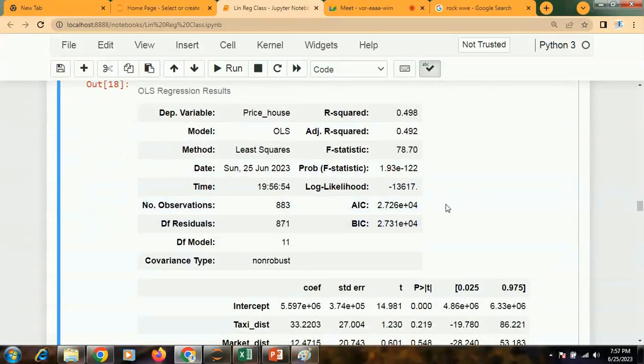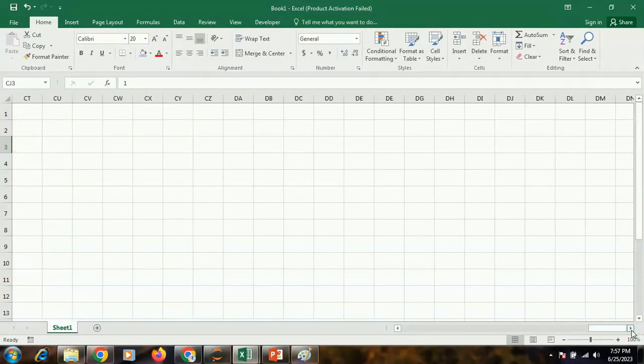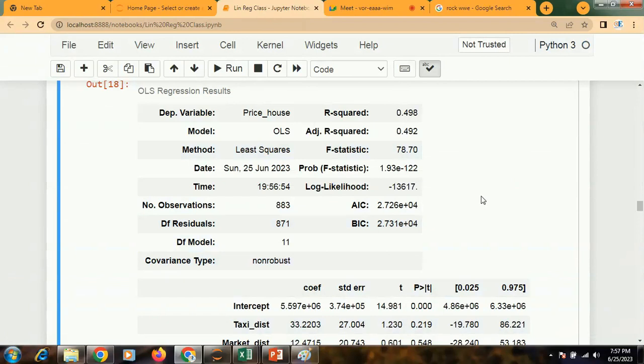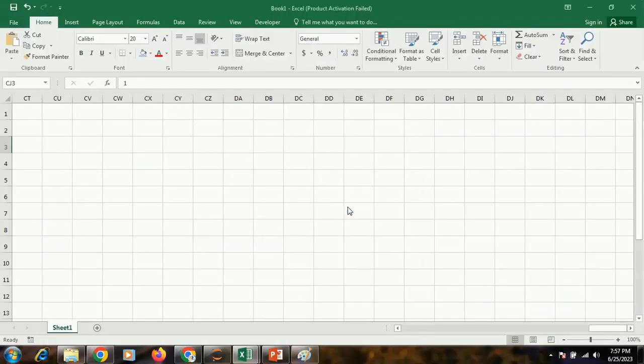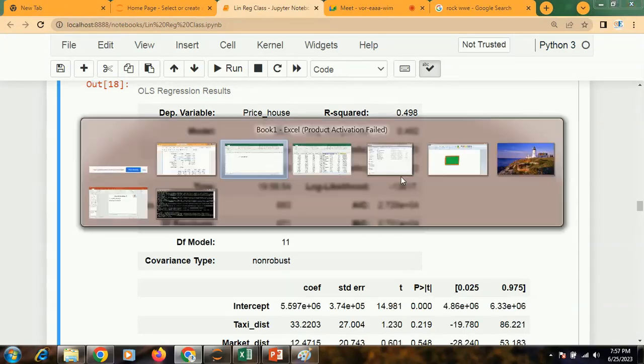The first thing, so I will also write it down over here: you need to check this probability F statistic. Ideally the value should be less than 0.05.